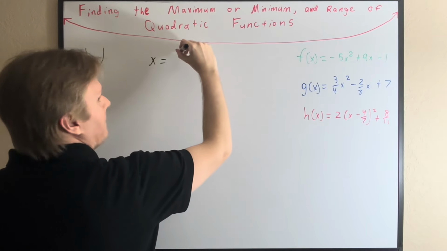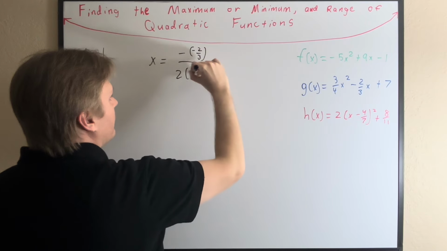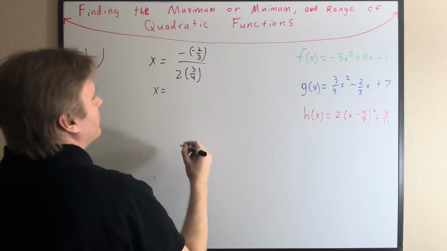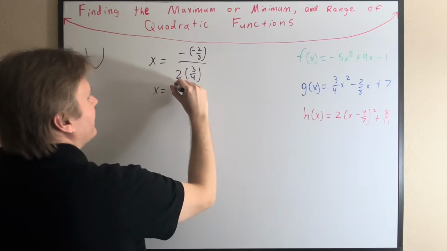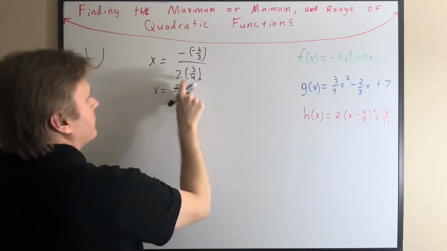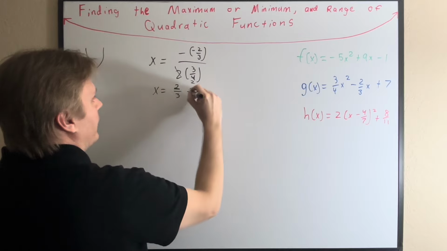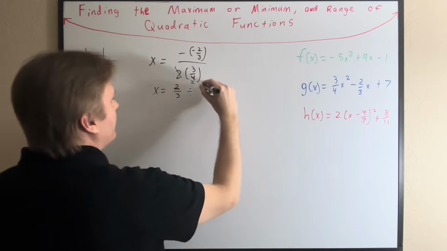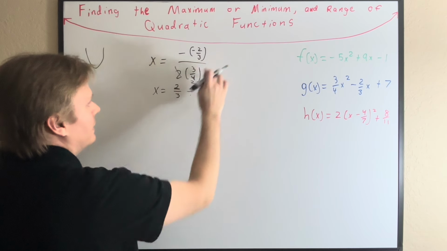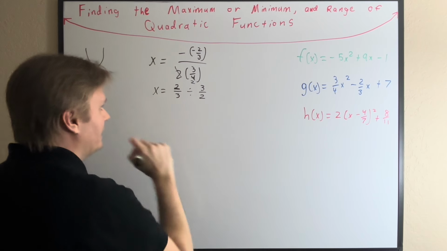Negative b over 2a. That would be positive 2/3. Cross cancel that again, right? Divided by, and there's a reason I'm writing it this way, 3/2. I like to write it this way so I can keep track of exactly which fractions I'm dividing, because